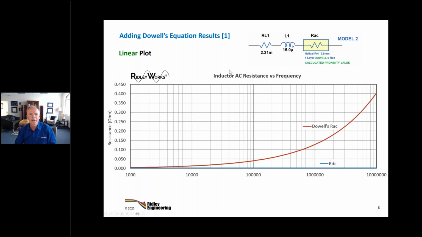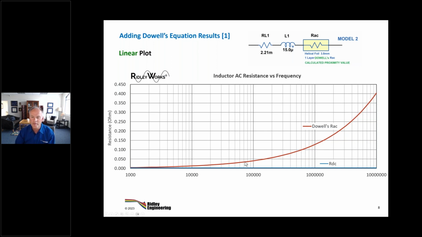And plotting it two ways here, a linear plot, and we're going to do a logarithmic plot as well. And you can see that the AC resistance is much, much higher at 100 kilohertz, and 200 kilohertz is here. So we start out with 2 milliohms, and we're ending up with about 50 milliohms here. So we've increased the AC resistance by a factor of 30 at that point. That's a big change, big change. And you see a curve on the linear plot here.